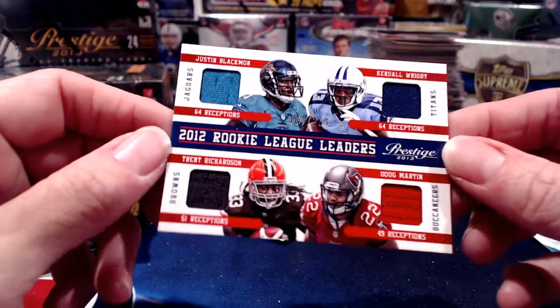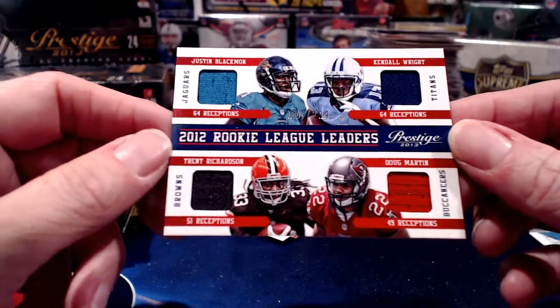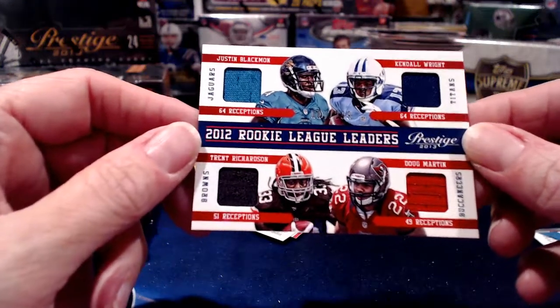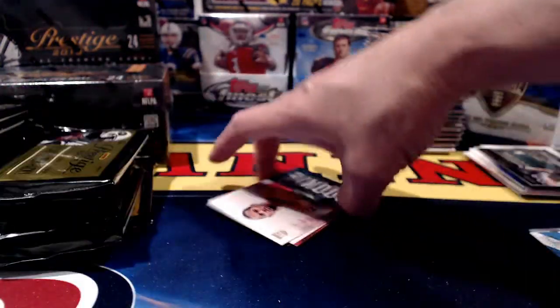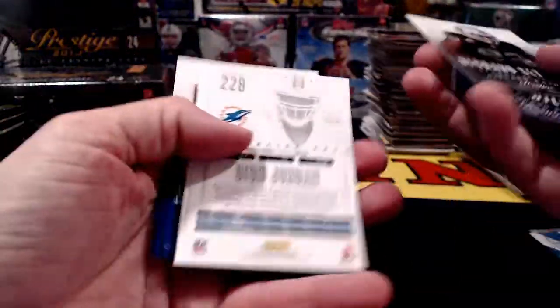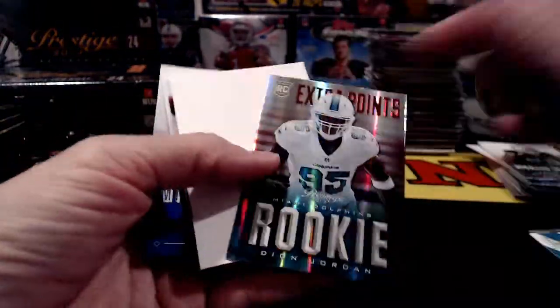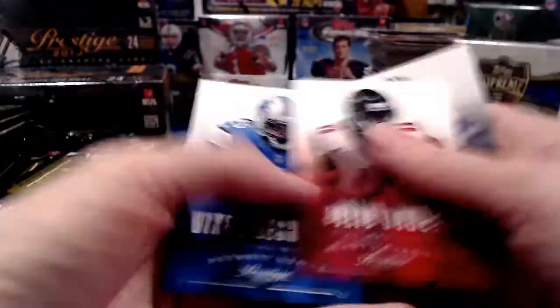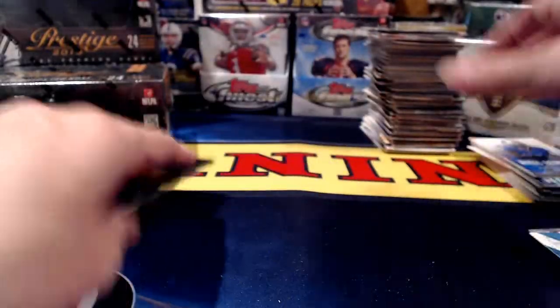Rookie leaders to 299. We have Justin Blackmon for the Jags, Kendall Wright Titans, Doug Martin Bucks, and Trent Richardson Browns. So we will be heading to ourfriendrandom.org for that fellow when we get to the end of the break. The only way that would not go to random is if someone owned 3 of the 4 teams, in which case then it would not have to go to random. But you have to own 51% or more, and so